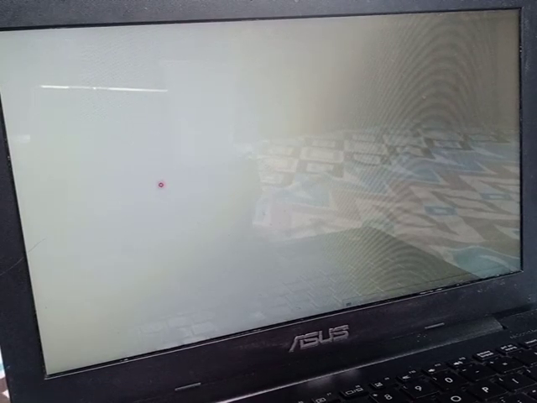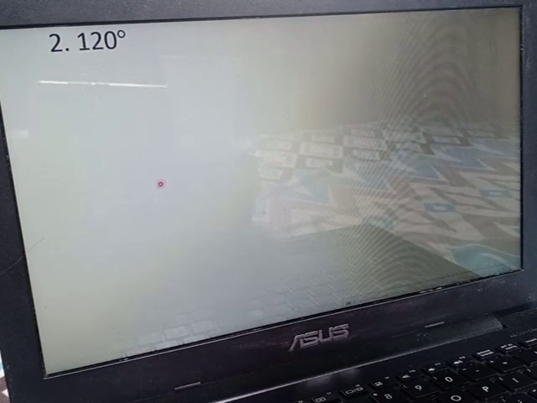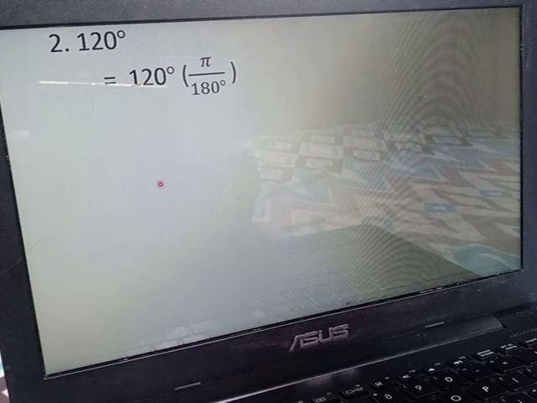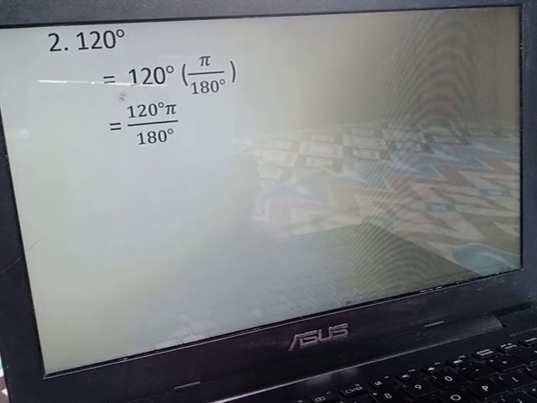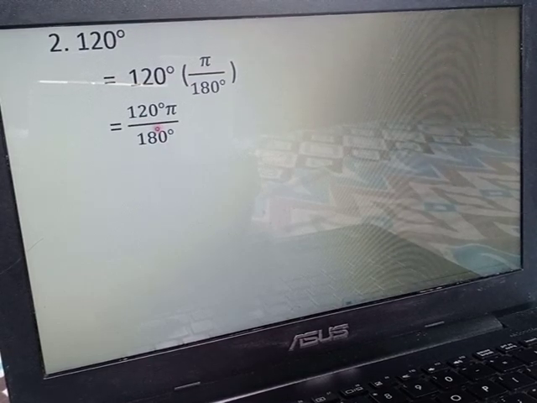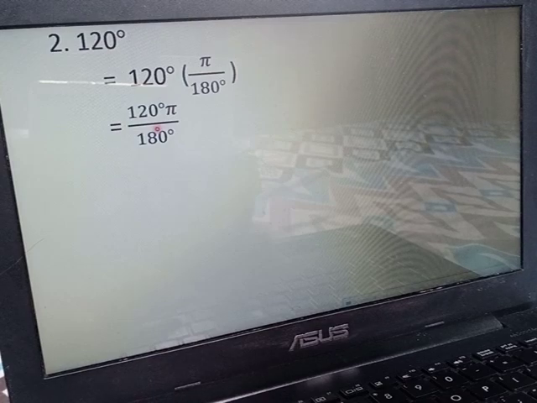Let's have another example: 120 degrees. Again, our formula: 120 degrees multiplied by pi over 180. So 120 degrees multiplied by pi, over 180 degrees. You cancel the degrees in the numerator and denominator, and then simplify 120 and 180 by dividing both by 60. So 120 divided by 60 is 2. So we have in our numerator,